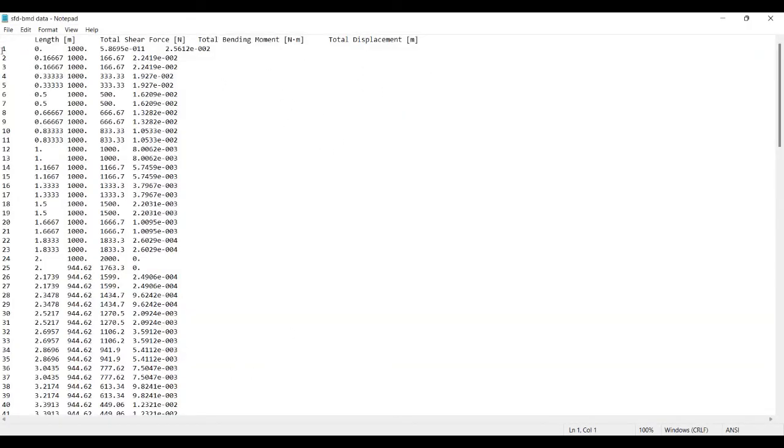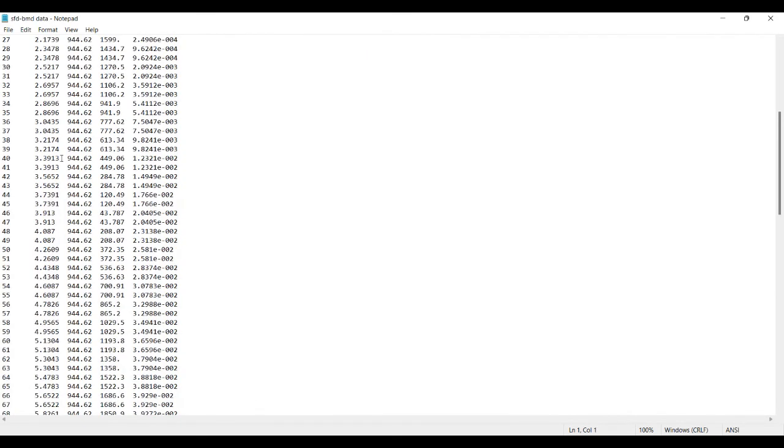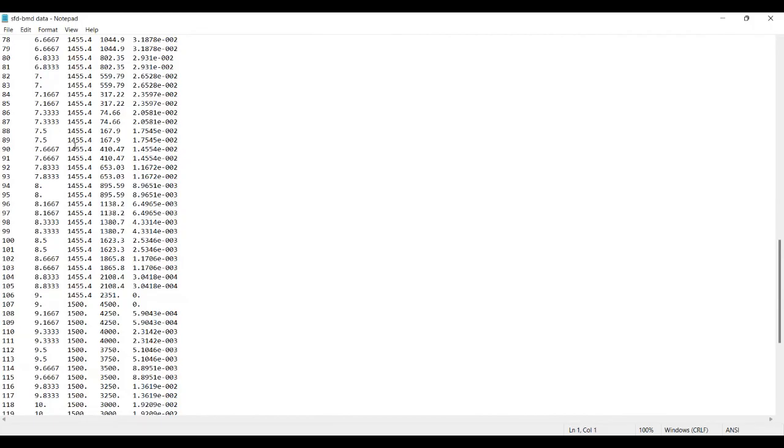The first line is of length in meter. The second column is of total shear force in Newton. The third column is of total bending moment. And the fourth one is of total displacement. So these are the various values which you have obtained. At various points, you can check these values.